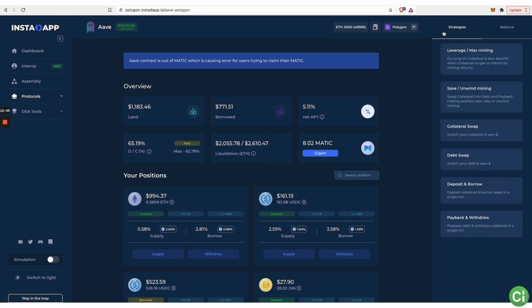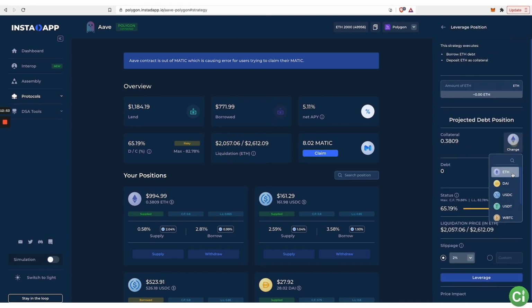One other thing you would do, which by the way, if you're maximizing or decreasing yield, this is also the way you would do it. You would just put in DAI as both, right? So you're borrowing and resupplying. Or you'd put in USDC for both, borrowing and resupplying. And then the same thing, if you change it to save, it would be the same thing, but in reverse, right? So it's increasing, decreasing yield. The reason why you'd want to do that's in a different video, but this is how you do it on InstaDapp. And next is going to be how we use the CiMPLE prototype to do some of these things on its user interface.